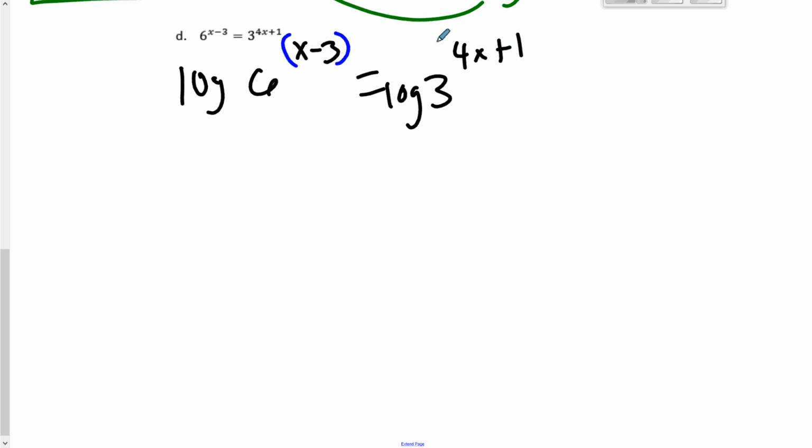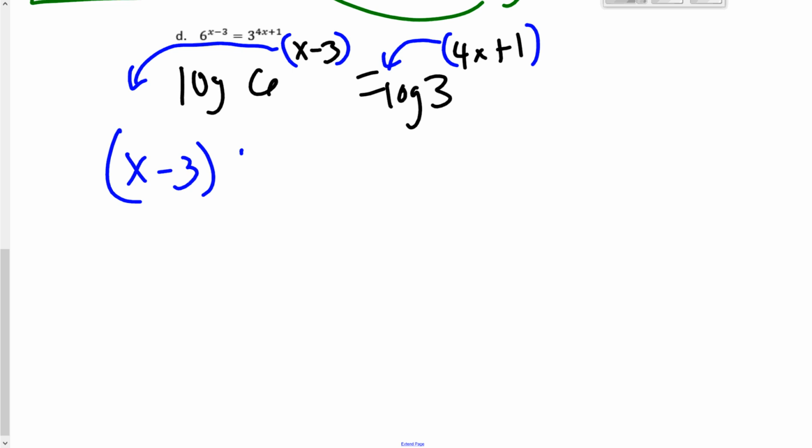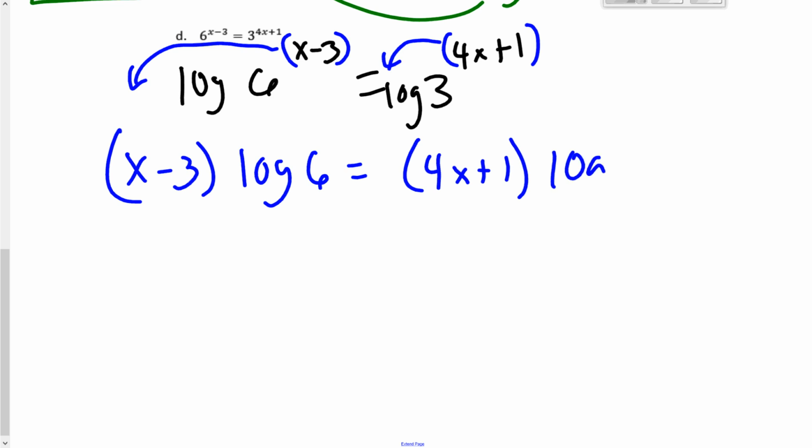Okay, now this is definitely a harder one because they're both binomials, right? So those are going to go out front of the logs, make sure you put them in parentheses, because those are the power property of logarithms. It says we can take the exponent of the log and bring it and multiply by the log. Okay, then we can distribute, so we get x log base 6 minus 3 log